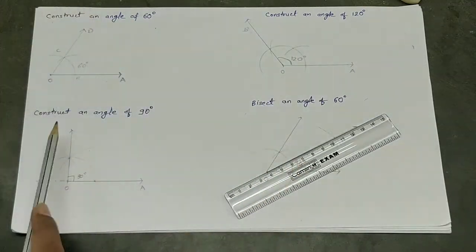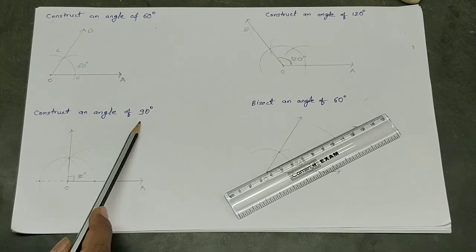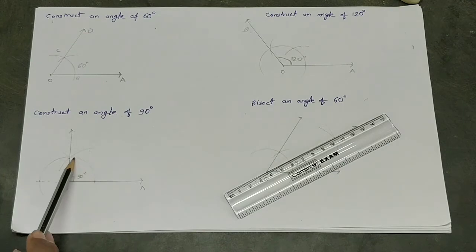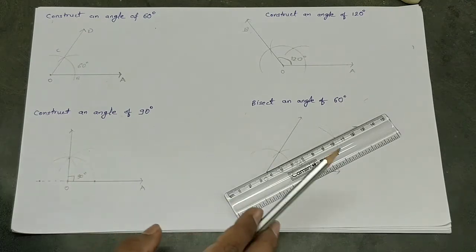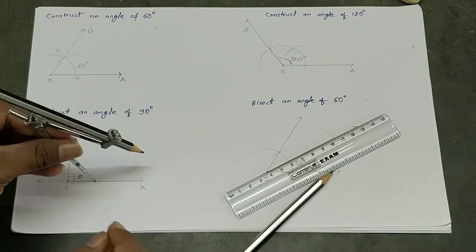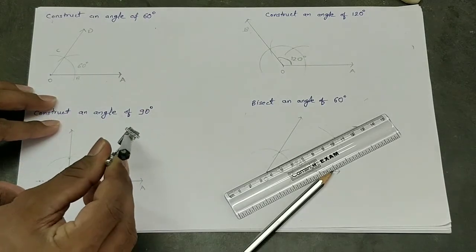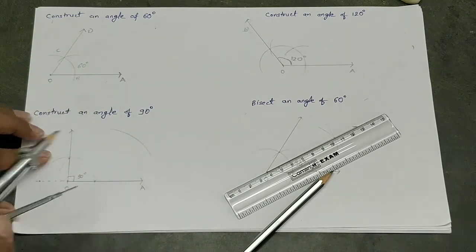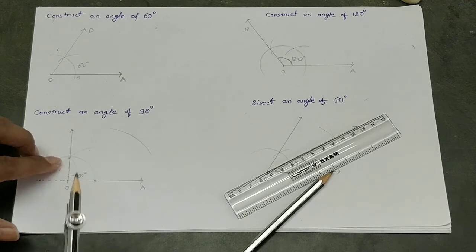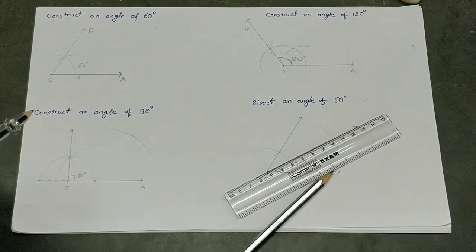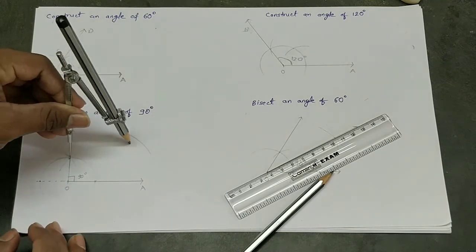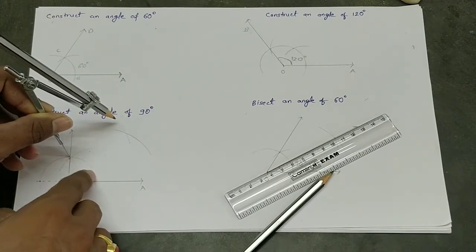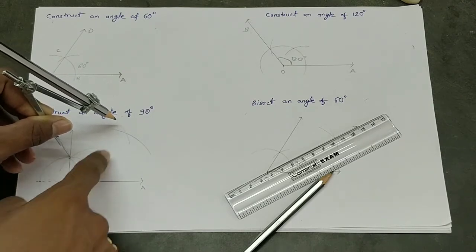Now if I want to bisect an angle of 90 degree, I'm going to make use of this point and this point over here. So now if we want to bisect, I can keep my compass over here. I can draw one arc over here like this. Now I'm going to cut this arc from this point over here on top, not the point of these two points of intersection, like this. That is the point of the main arc which is connected to both these arms. From that point I am cutting this arc.